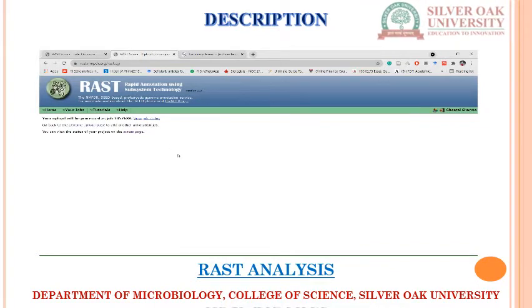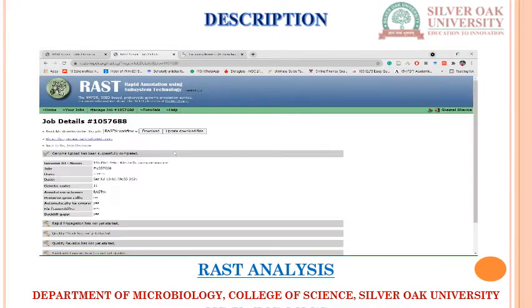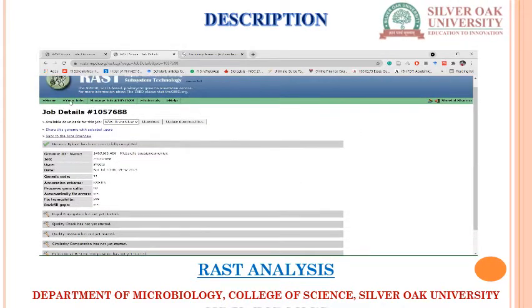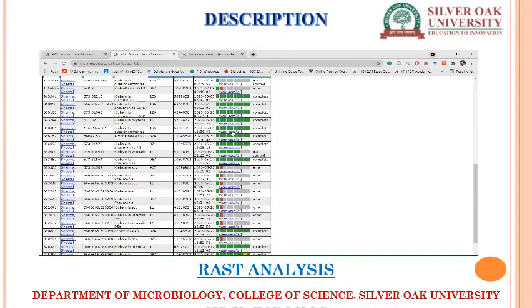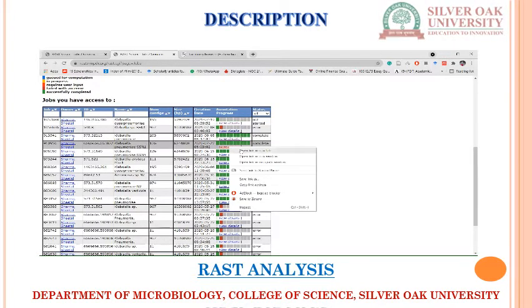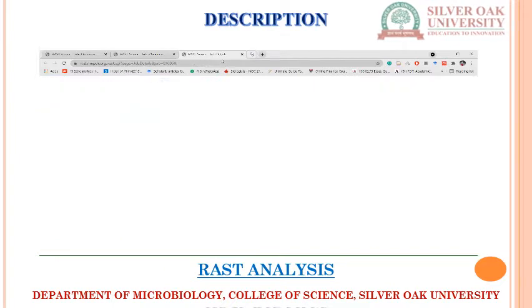Okay, now the sequence has been uploaded. Now we will go to the view job status page. The genome has been already uploaded, with rapid propagations and things. If you want to check your status, then go to the job overview. I have just uploaded, but it has not started yet, so we have to wait. Earlier I uploaded a few sequences. Let's see how we can use them from the analysis point of view.